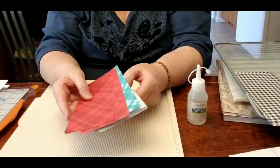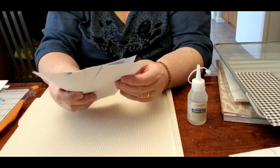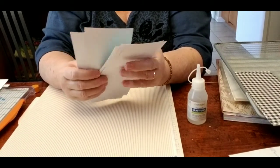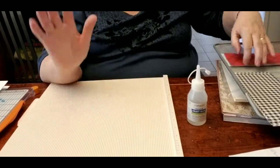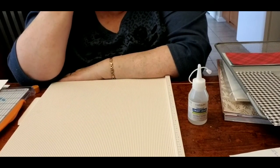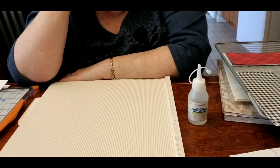Now she's tweaked hers a little bit. Mine are just a bit smaller so you can see more of the underlayer. You want more of the border. Right. You know what? 1, 2, 3, 4, 5. You got 8. I got 7. Oh well, we'll figure it out as we get there. All right. So you could do another red one. Okay. So then you need 3